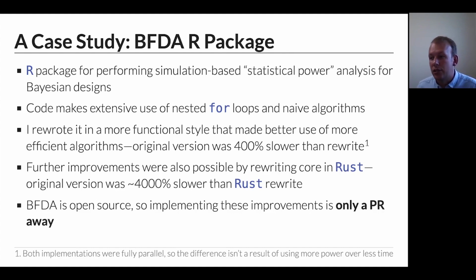My initial rewrite just rewrote it in R, trying to stick as close to the original language as possible. And when comparing my rewrite with the original, the original ran 400% slower than the rewrite. So there was a big increase in how efficient this code was and a big decrease in the compute times. Now, because I wanted to see how far I could push this, I also decided to rewrite it in Rust, and rewriting in Rust then got us another order of magnitude in improvement in how fast this code can run.